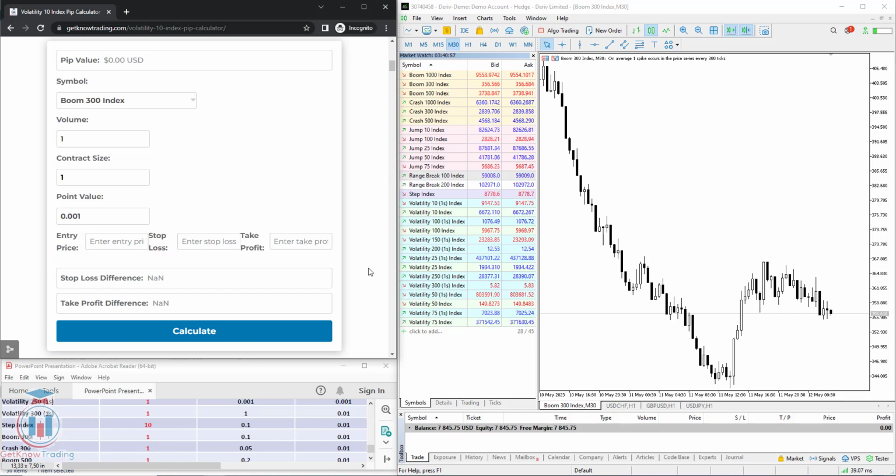In this video lesson I will show you what the Boom 300 index Pip Calculator is, which you can use to calculate the Pip value for the Boom 300 and also to calculate the stop loss and the take profit level in US dollars. Here we have a Pip Calculator, where you can find a link inside the description below the